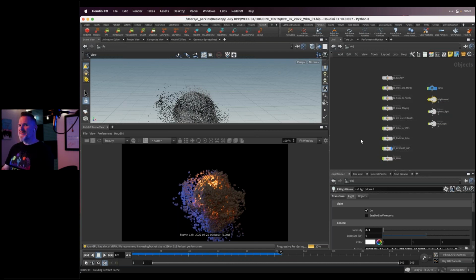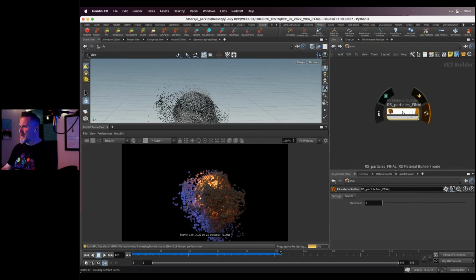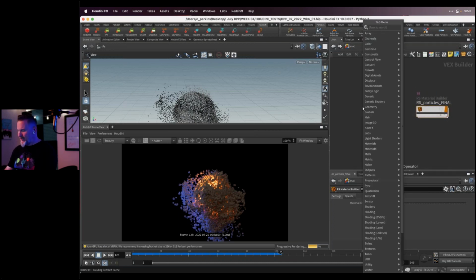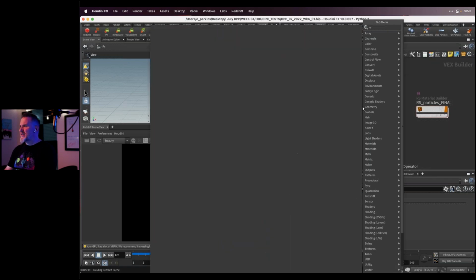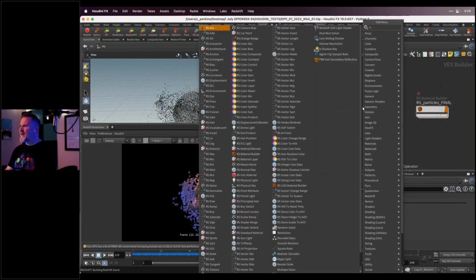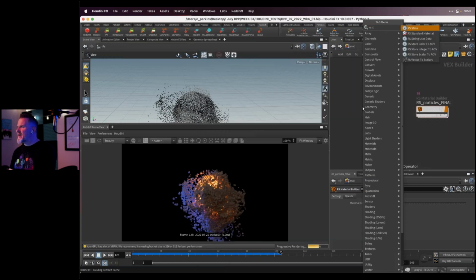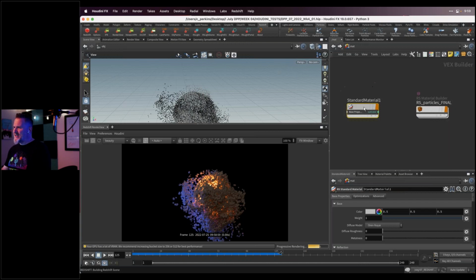Now, if we want to create materials, what I need to do is go up here to the top. I'm in the object level, drop down, and I'm going to go to the matte context. That's the material context. I've already created a material here, but let's not worry about that. I'm going to hit tab, and then I'll just say Redshift, or I could say RS. And then let's see, RS standard material. So I can create an RS standard material. And then what we have here, we open this up.